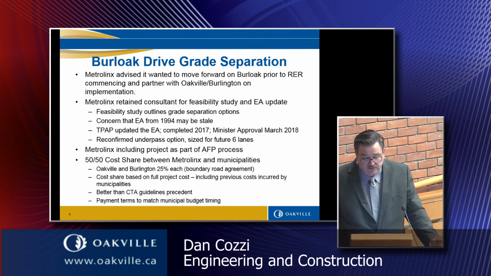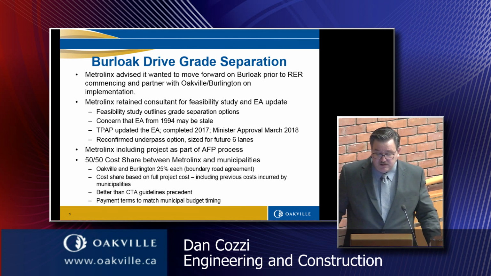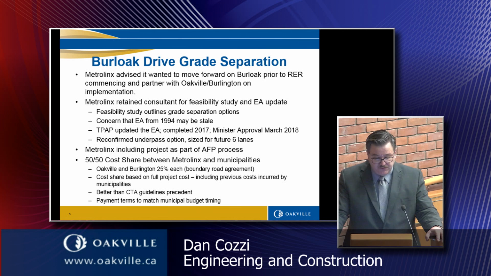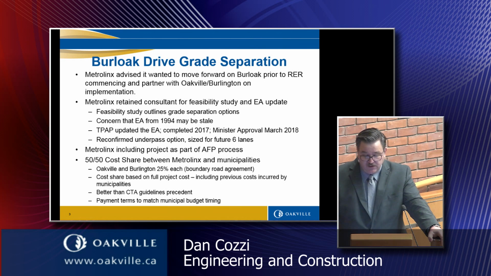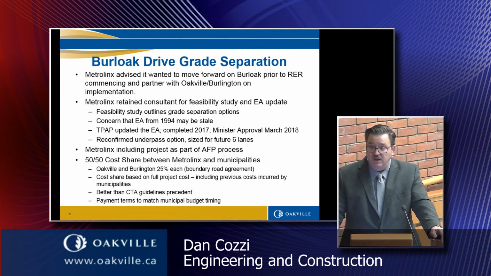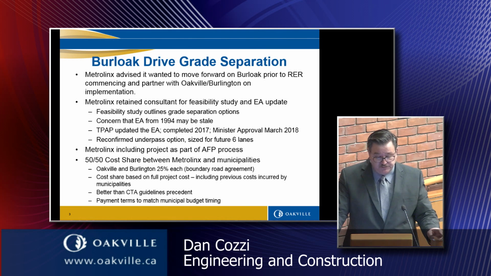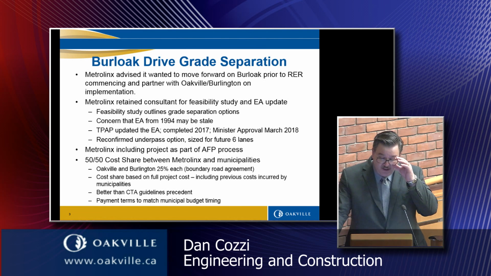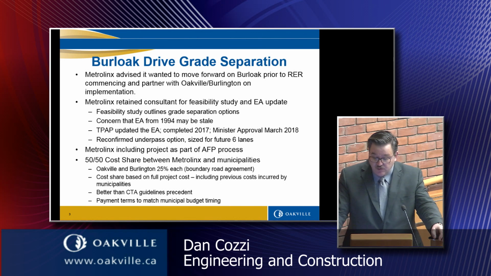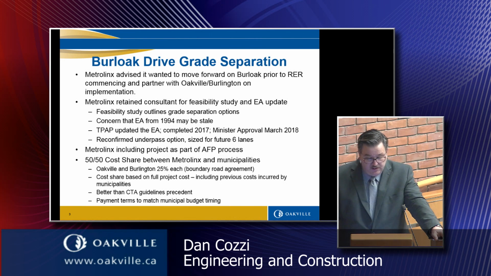Metrolinx retained a consultant for a feasibility study and to update the old EA. The feasibility study outlined the options available to us for the grade separations. Metrolinx had a concern at the time that the 1994 EA may be stale. Contrary to the advice we provided them, but at the end of the day, they wanted to make absolutely sure. So they initiated a transit project assessment process to update the EA. That was completed in 2017, and the minister approved it just last month. So the TPAP reconfirmed the underpass option,